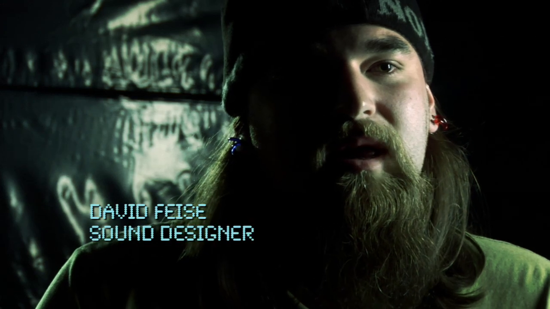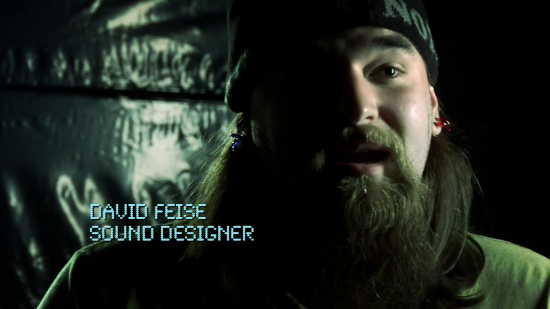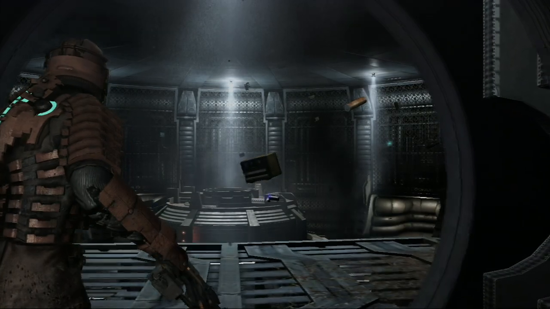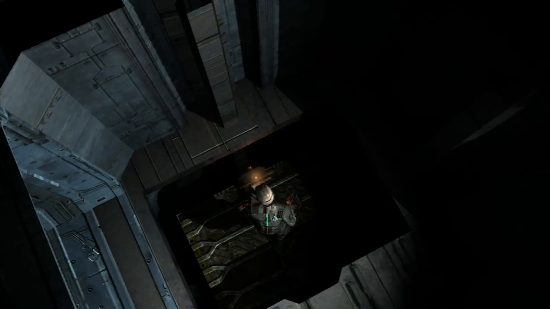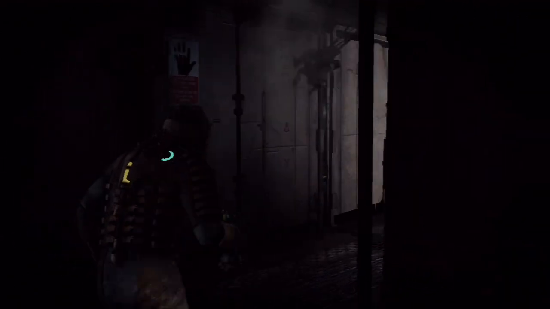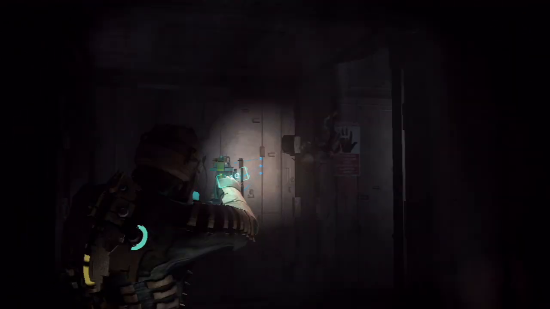The sound and music on Dead Space, I think, are more important than they have been on any game, certainly that I've worked on. It's not creepy unless there's a reason for it to be creepy. We're able to emphasize the fear and support it. And if it's this big, we can make it this big on the fear scale.